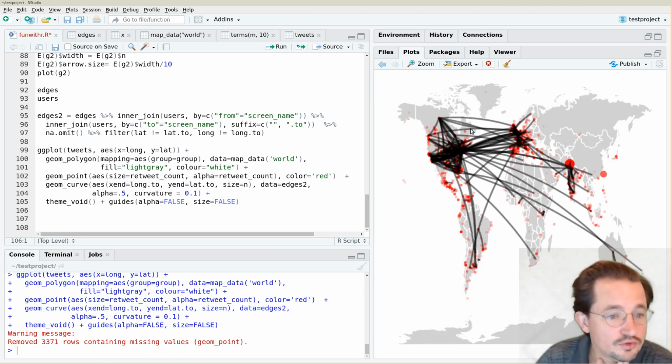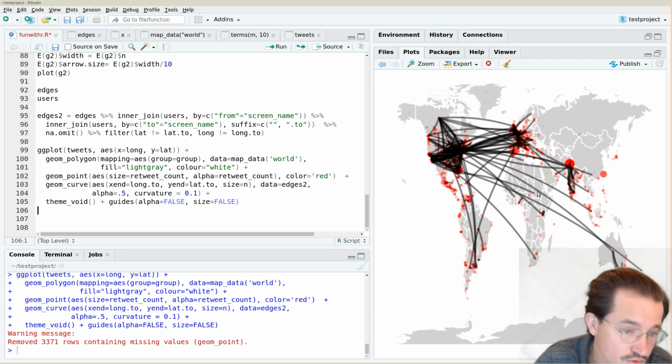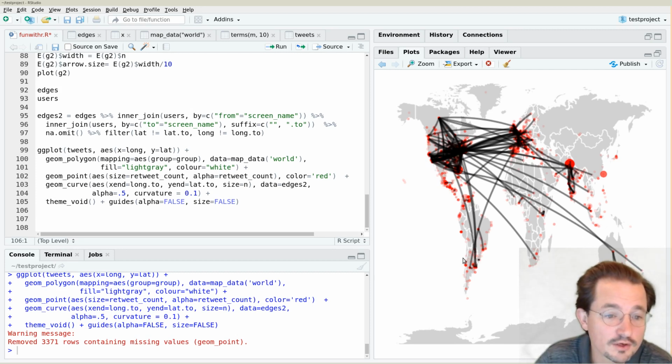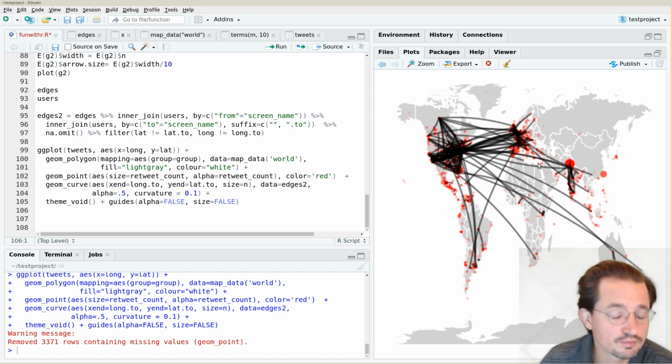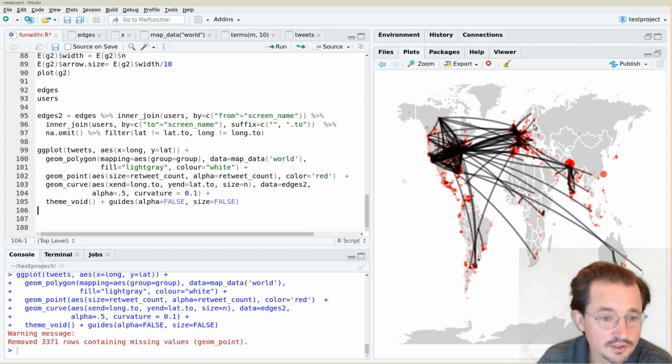So what you see here is as expected, Americans tweet a lot with Americans, Europeans tweet a lot with Europeans, Indians tweet a lot with Indians, and from between my eyelashes, if I look at the pattern, I would say that most of the other regions are also replying to America, and there's not a lot of connections between the various regions themselves. Now again, this is a completely random data set. The locations cannot be trusted. Only a minority of people actually gave their locations, yada yada yada. So probably you can't quite write your PhD thesis on this,